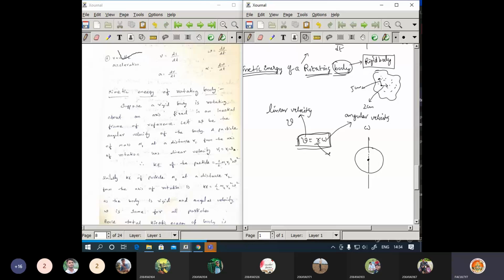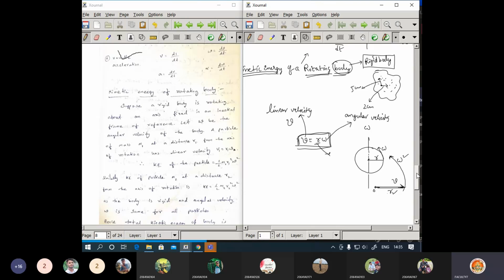Now the distance from this origin to this point is r, and it is moving with some angular velocity omega. If the particle is moving in a straight line, you get the concept of linear velocity. Now the particle is moving in a circular path, so the velocity should be considered as omega. The distance from the axis to the position is r. So you multiply r and omega, and then you will get the linear velocity.